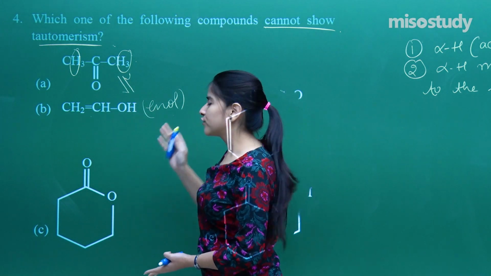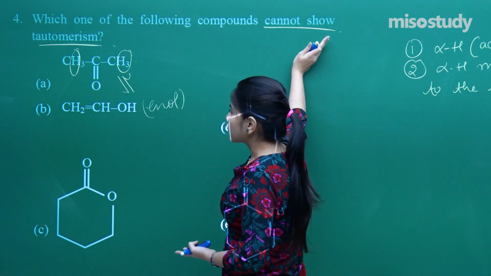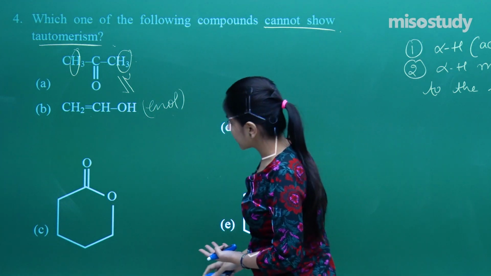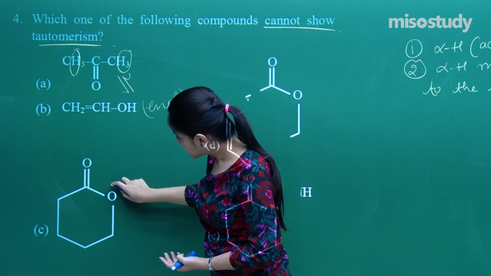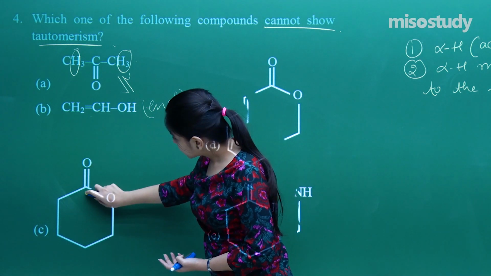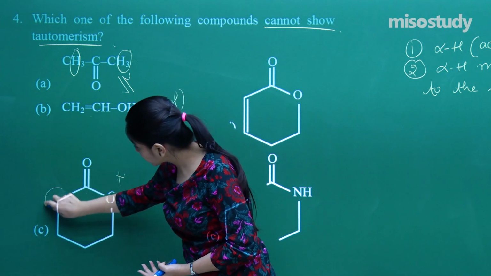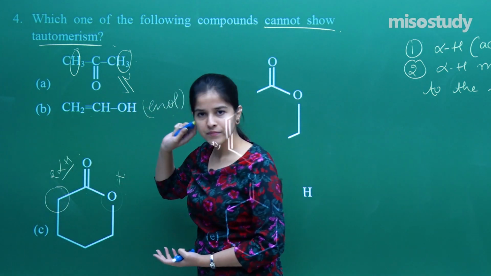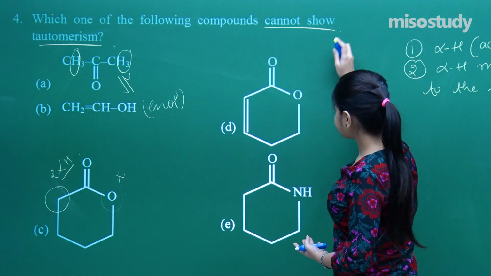In the very first, acetone, we have got so many alpha hydrogens, if you see over here. Now in the B part, if you observe this very carefully, this is the enol form of this ketone. That means definitely it is a tautomer itself. It is the enol form itself. That means it can undergo tautomerism. Now let's move on to the C part. What do I have? In the C part, again if you observe, this very part does not have any alpha hydrogen, but over here I have got 2 alpha hydrogens. Clear?